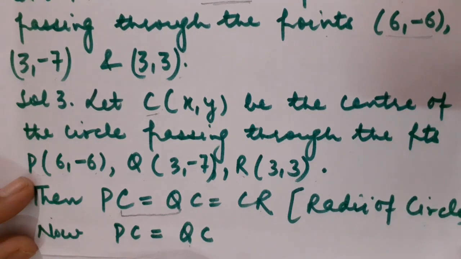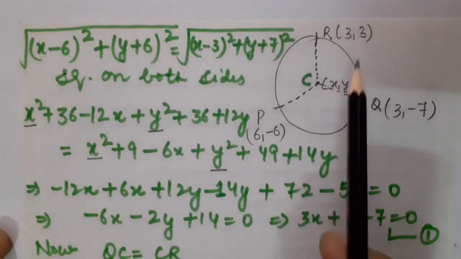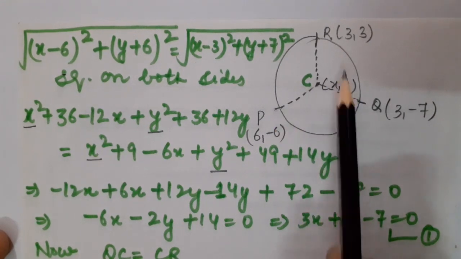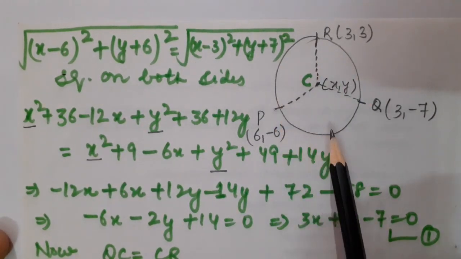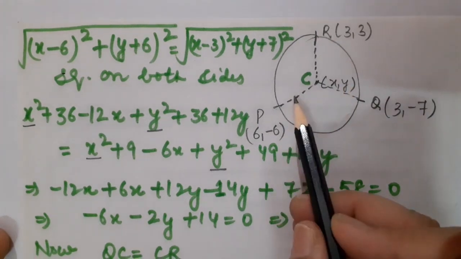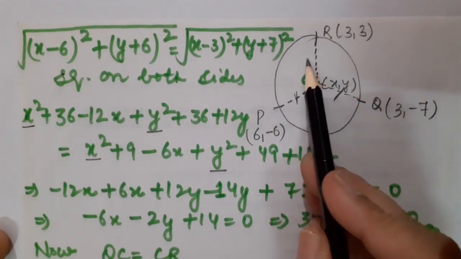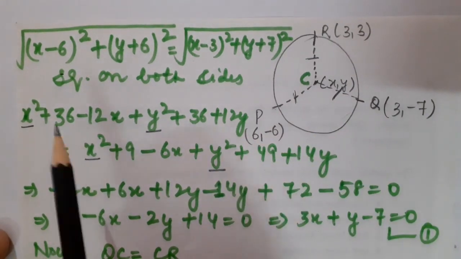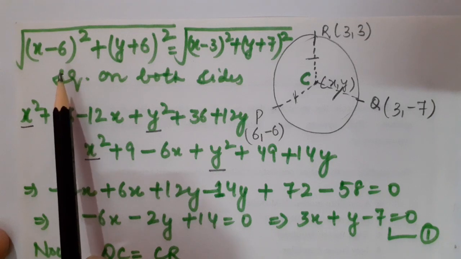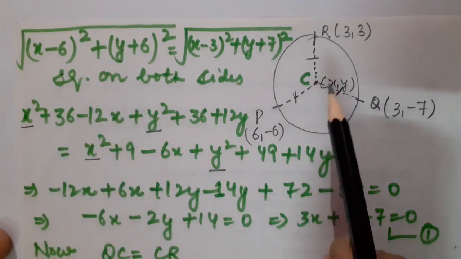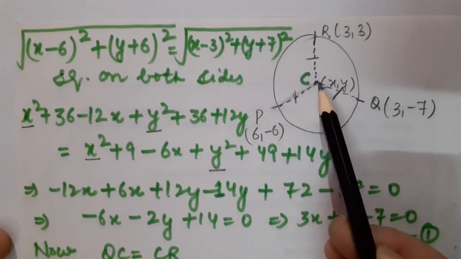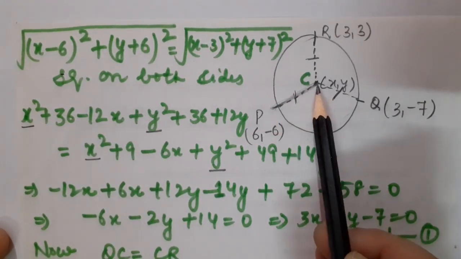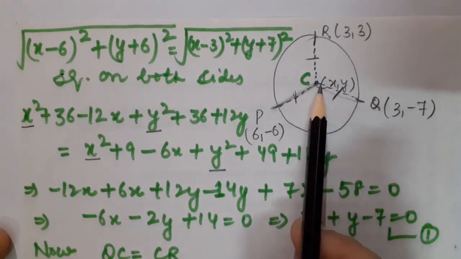Don't worry. Look at this figure of a circle. This is point C, which is the center point, and P, Q, R are lying on the circumference of the circle. So definitely this PC must be equal to CQ must be equal to RC. Okay, because they all are the radii. And 2 radii I have taken, that is PC is equal to QC. So now children, you can easily judge what this PC is. PC is nothing but the distance between 2 points, that is P and C. In the same manner, QC will also be the distance.